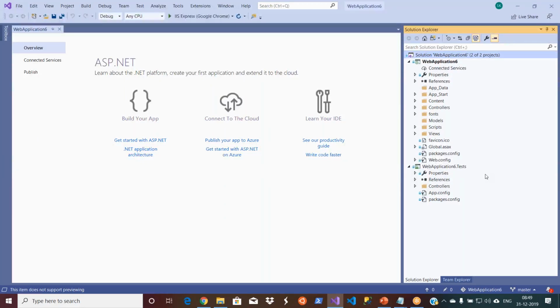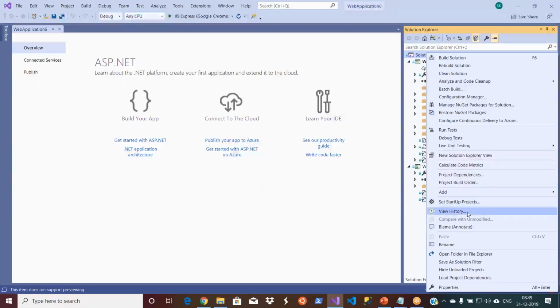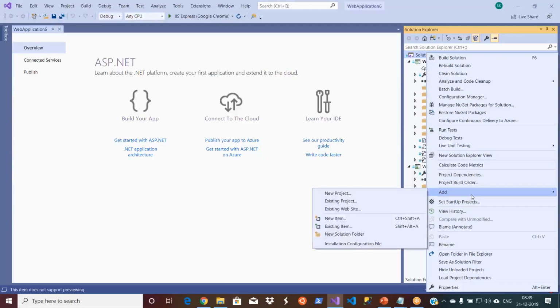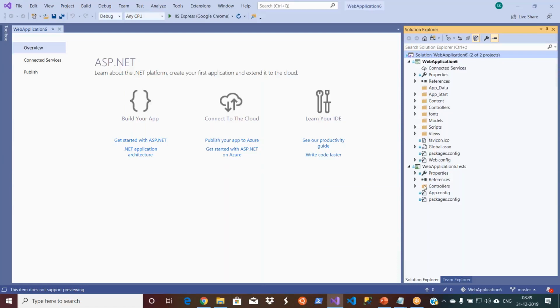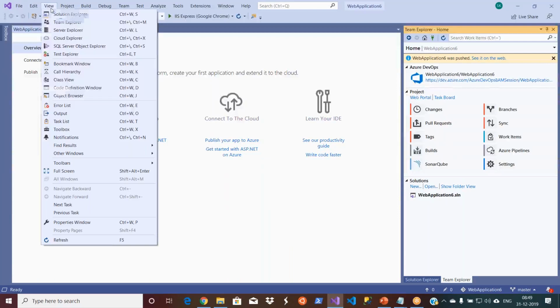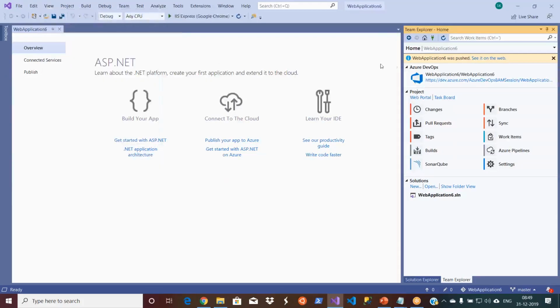Okay, you can follow this one because without seeing your system, I will not be able to do it. First, you have to create a project. Now the project is available here, and you go to the Solution Explorer from View. First, you have to add it like this, Active Source Control. Since I already added it, I don't get that option. Once it is added, it is available in your local. Now after that, you have to go to the Team Explorer.